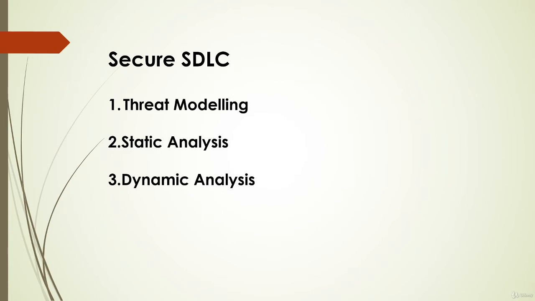Now the next part is the secure software development lifecycle. Basically it includes three parts, but we will be focusing on two parts, which are static analysis and dynamic analysis. Static analysis is basically looking for vulnerabilities in data at rest, by reverse engineering, or if the data is stored in the device. Dynamic analysis is basically data in transit, where there is a man in the middle attack, or some data is transferring from the device to the server and we are manipulating the data to create some attack.